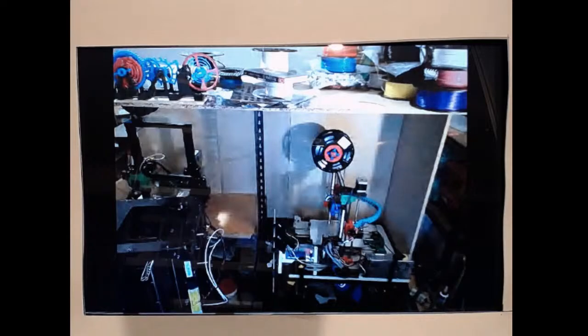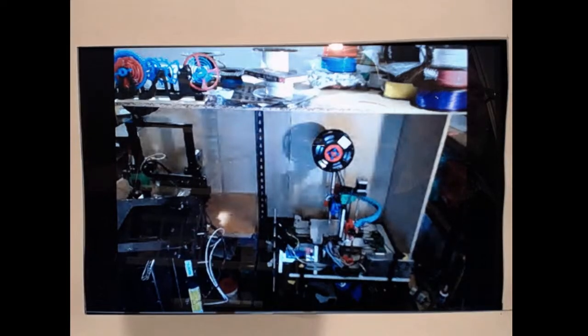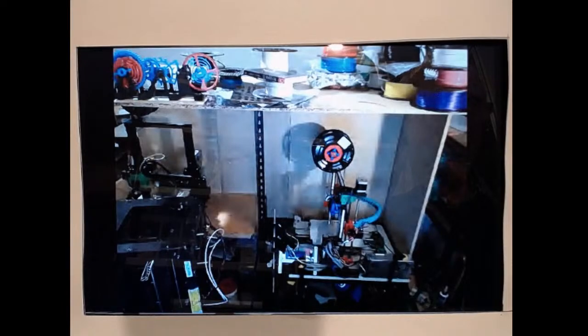Now this one here, I'm trying to get the firmware to go away from the manufacturer firmware to an open source firmware, and I'm getting issues at the moment. I've got everything working except for the cooling fans, and they seem to be swapped around and one not working. Don't know why. It's a firmware issue. I'll work it out.